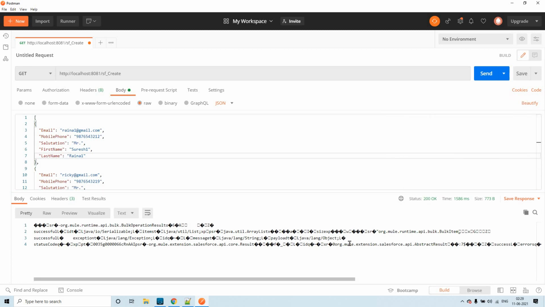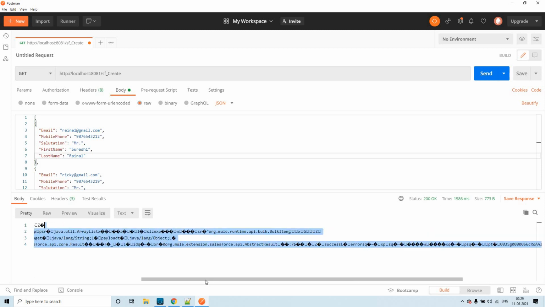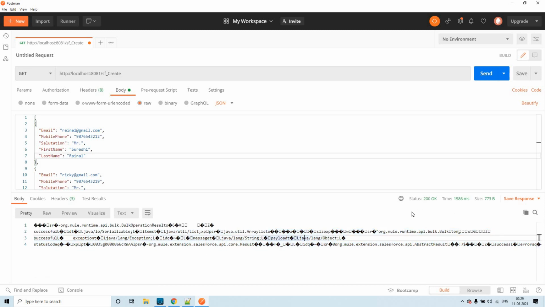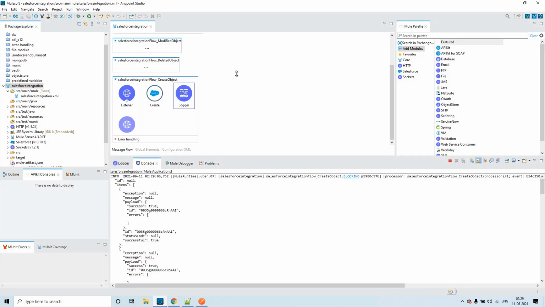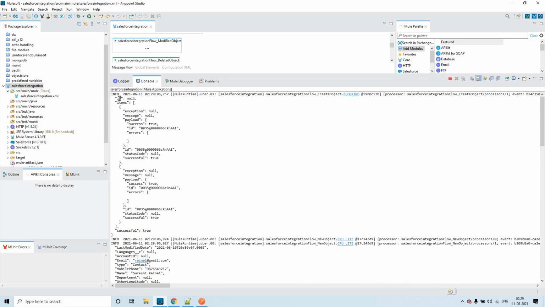By default we'll be getting some Java response, right? Something that's what we have just discussed. So this is the response from Salesforce create. It is in Java format, so we are not able to read it properly, but you could see the status as 200 and OK. Now in the console, if you check, you see the response also came in the form of an array, right? So successful equals true and successful is true here. So these are the two responses, I mean the objects were separated by comma, right?